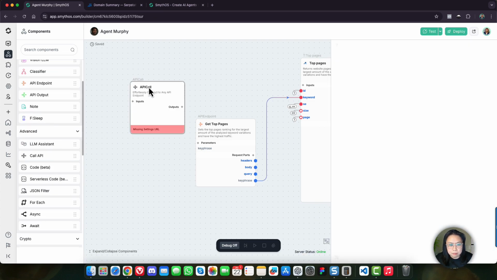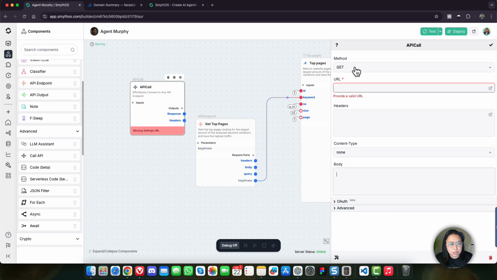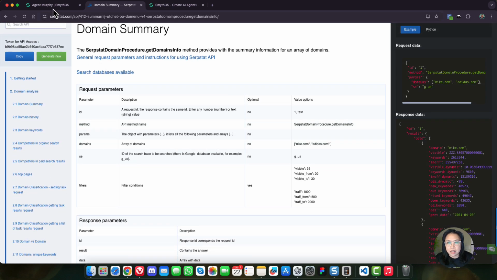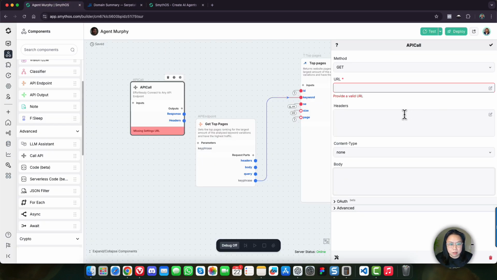If you use the API call component, you need to set up everything from the URL, selecting the request method, setting up the headers as well as the request body. You have to do it manually. You have to go through all the documentation here and then set it up manually.